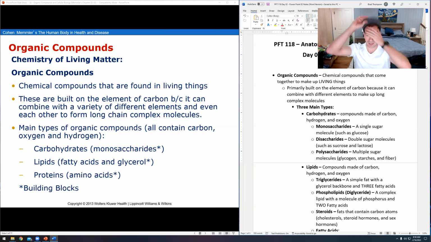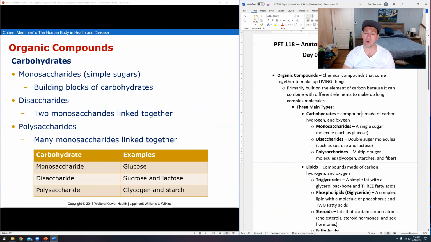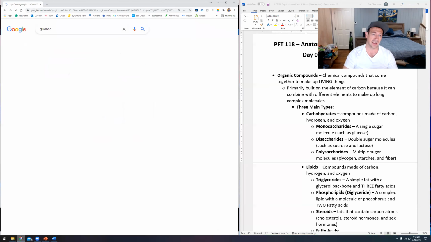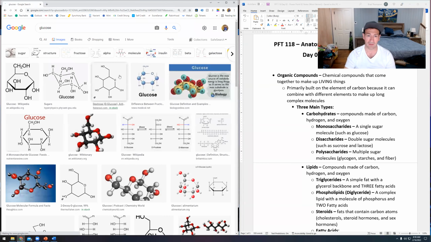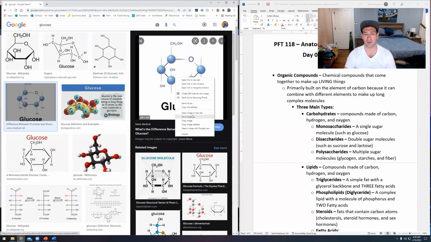So when it comes to the organic compounds, like I said, there are three main types. We have our carbohydrates, right? Carbohydrates: carbon, hydrogen, and oxygen. Carbohydrates are really cool because we're going to call them sugars. When I said that they can make these big, long, complicated links, what I mean is they can link a bunch of individual little sugars together. If you break a carbohydrate down into its building blocks, eventually it will look like straight up glucose. So this is a molecule of glucose right here.